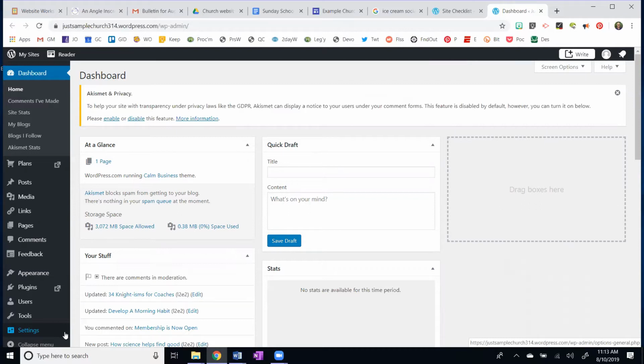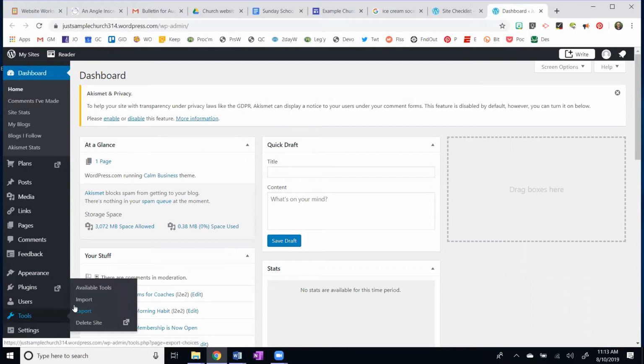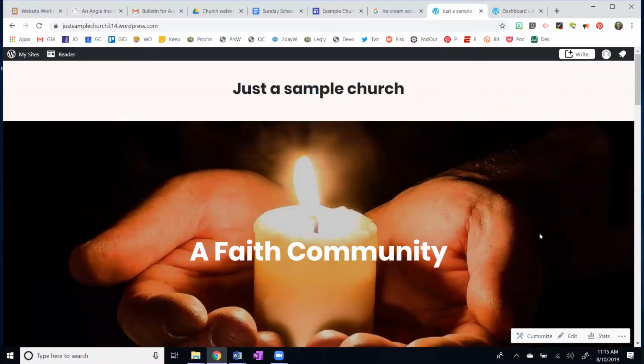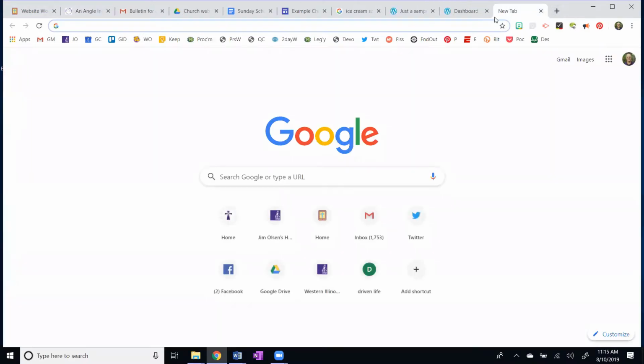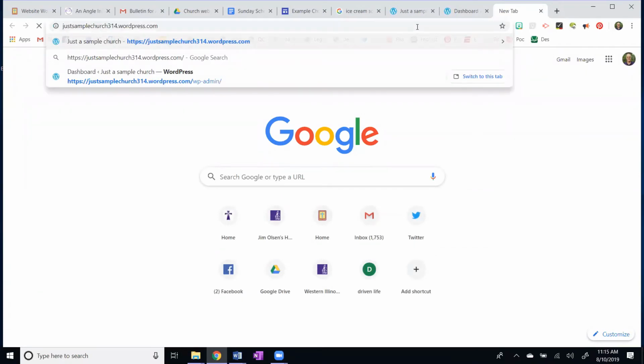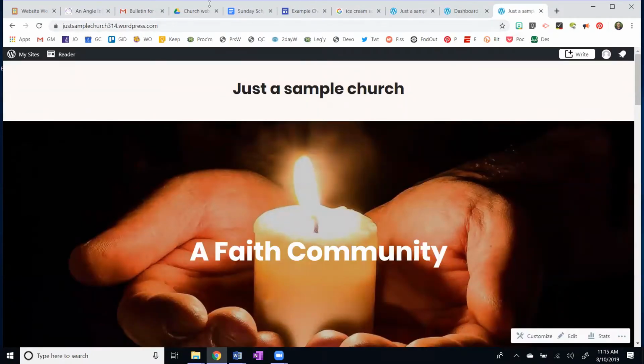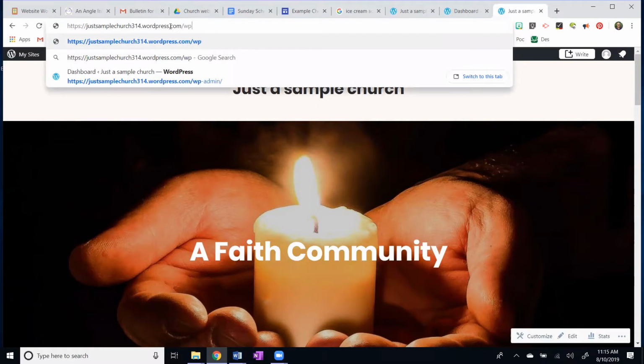You're not seeing it? Okay, let me pause this and come around. So sometimes we have a hard time getting to WP Admin. So I'm actually looking at the site right now, and there might be some other ways to do it, but let me show you one foolproof method. You've got your URL up here, and at the end of it, put /WP-admin. Might want to write that down on a sheet of paper.